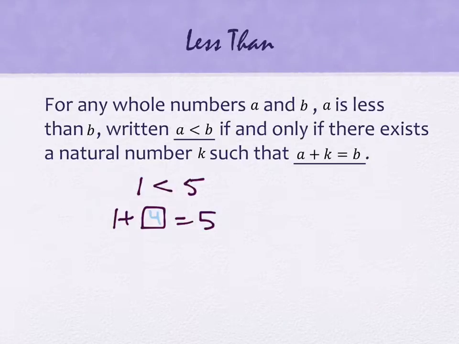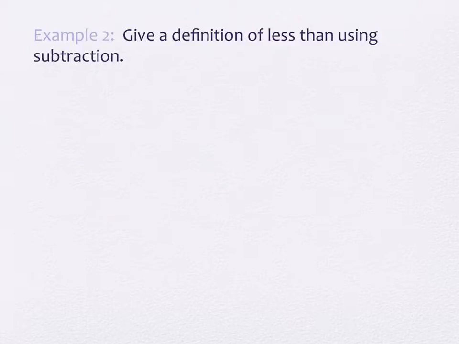Your statement is going to look very much like this statement, but the inequalities in the equation are going to look different. Okay? So this says that we're starting out for any whole numbers A and B. We're going to start out that way ourselves for our definition. Okay? So you can write down for any whole numbers